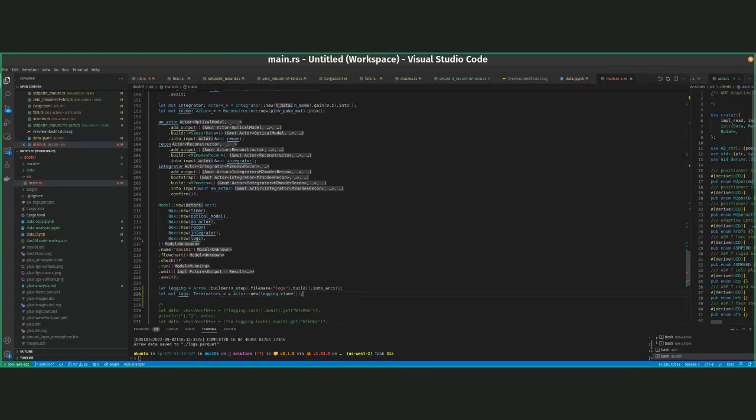We don't need the logging, it's already defined. We're going to create a new client. I'm going to edit that message. So what we need is to create a new logger client